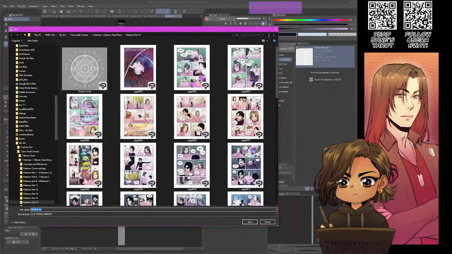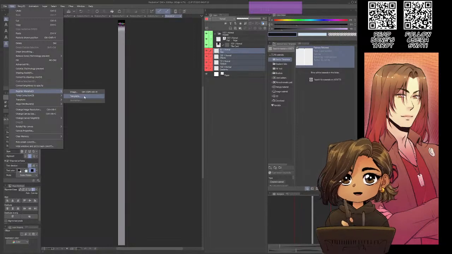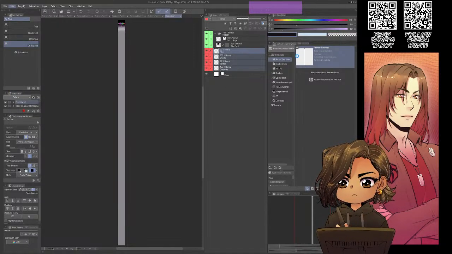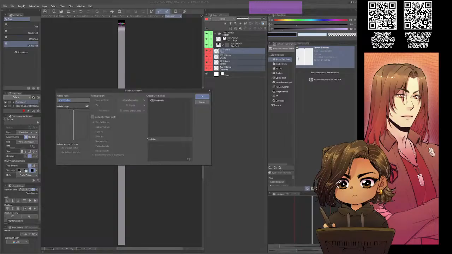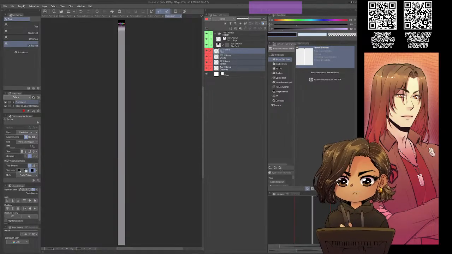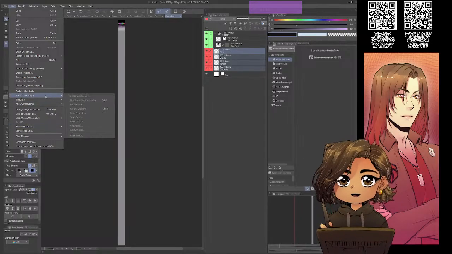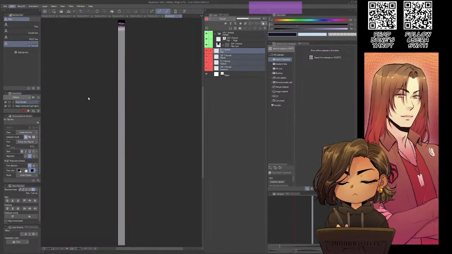Save. No, don't save. Edit. Register material template. Hold on. Grab that. Delete it. Yes. Now, register material template.